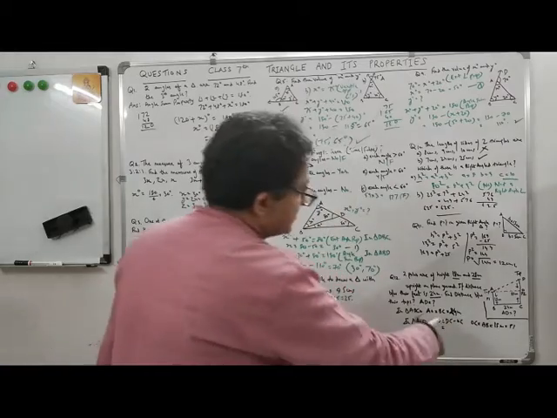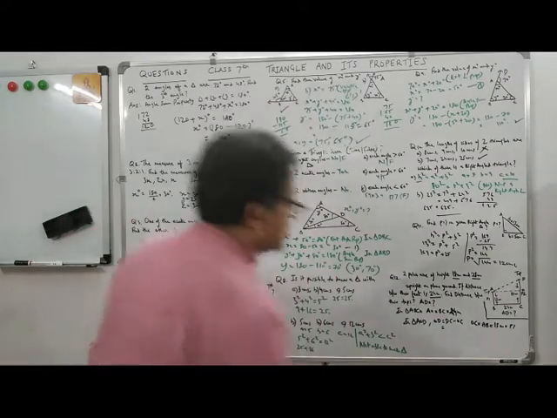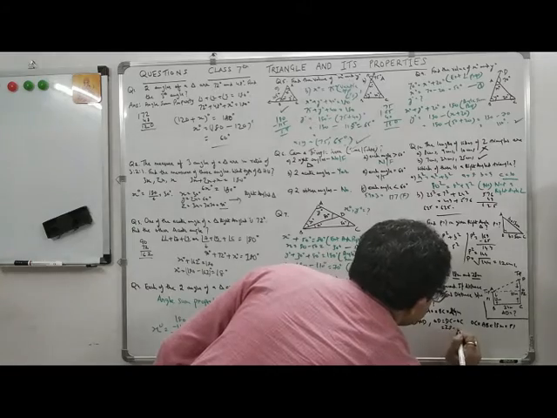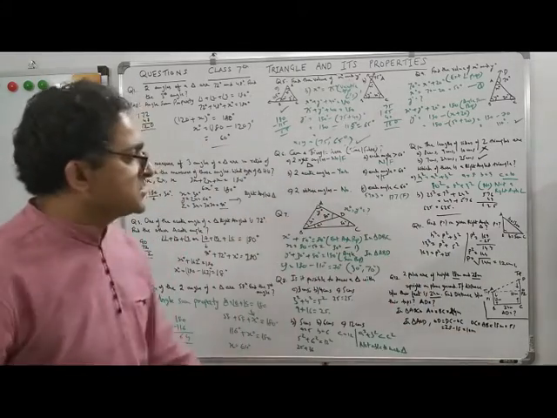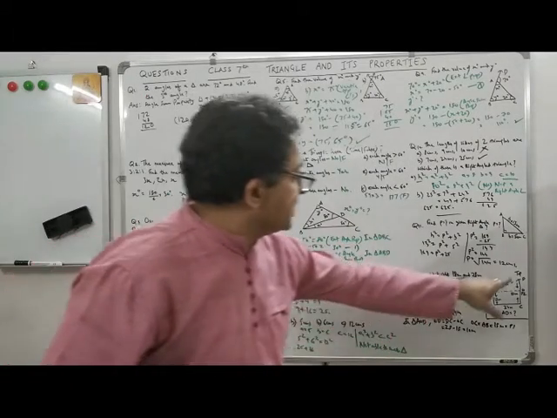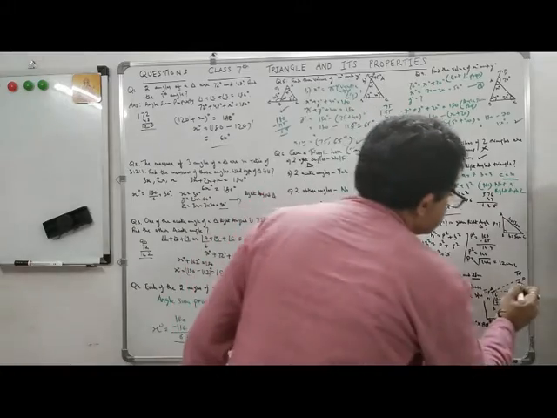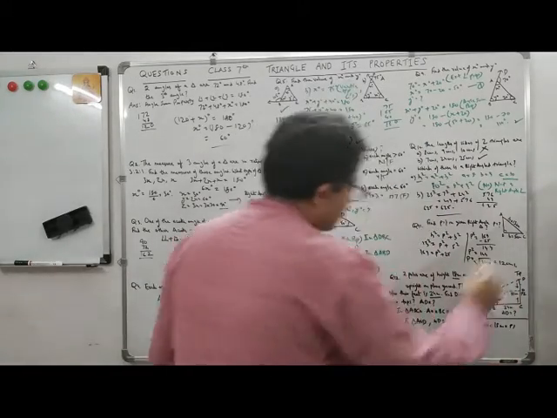So just replace. DC is how much? DC is 28. 28 minus 18 is equal to 10 meters. Simple. So this is 10 meters. What is OD? OD is 10 meters. Now we know this is 10, and this is 24. We want to calculate AD, the hypotenuse.